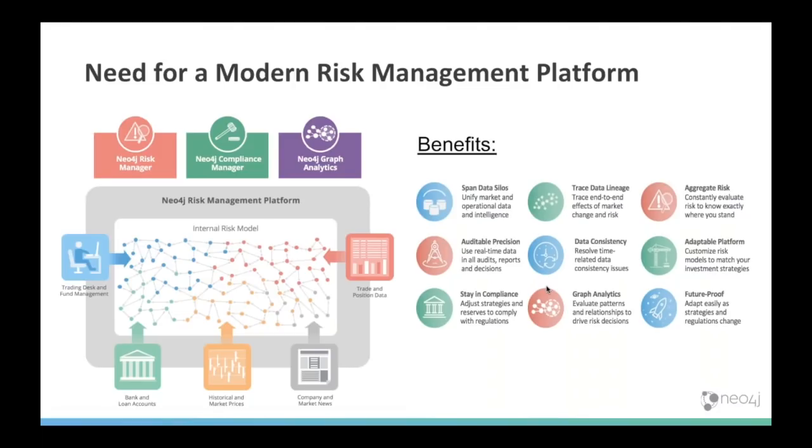Maybe clusters or pathfinding within your data, and being able to span all of those data silos that you used to have, and being able to then put that tooling on top to be able to generate your view of risk and your compliance is really, really